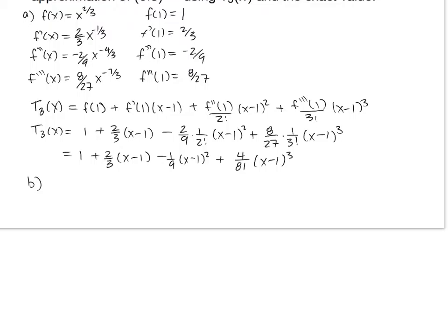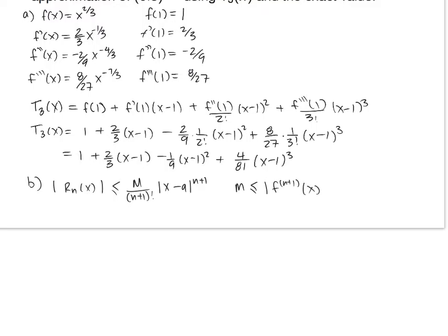Does that make sense? Because the inequality says that Rn of x is less than or equal to M over n plus 1 factorial times the absolute value of x minus a to the n plus 1, where M is